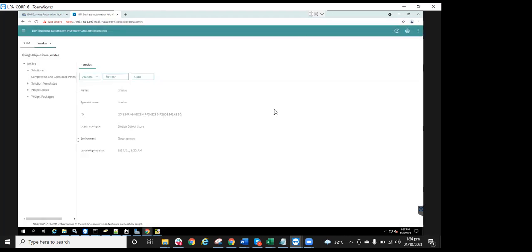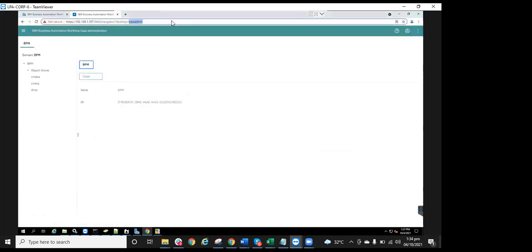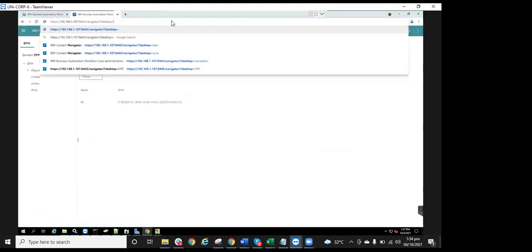So, as an administrator user, you go there. If you can look at the URL, you can see this URL. HTTPS, the actual IP address, /navigator, desktop equals either BAW, which is the business automation workflow, which